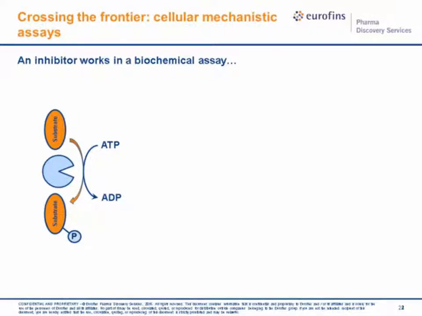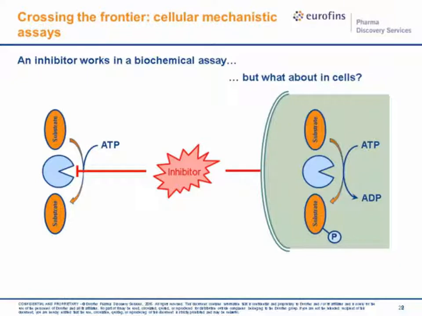But really the next frontier to cross is the cell membrane. It is important that all kinase inhibitors being developed can actually cross the cell membrane. It's one thing to have an inhibitor that can inhibit a biochemical assay, and I've just got a cartoon here that shows that. But then when faced with the cell, if it turns out that kinase inhibitor is not penetrant to the cell membrane, the internal process whereby that kinase is normally active,